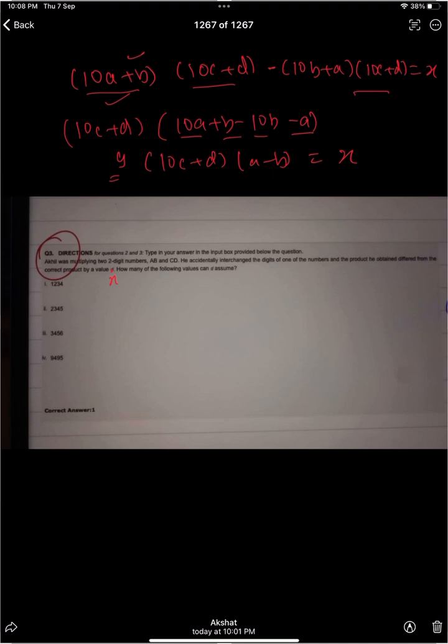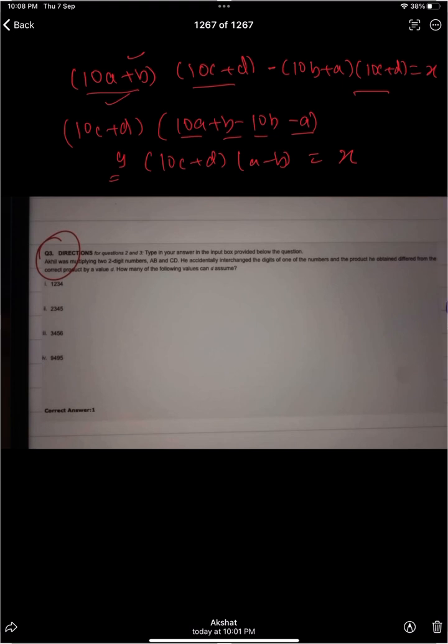We know for a multiple of 9, the sum of digits should be 9, so we'll check. First is 1234: 4, 3, 7, 7, 2, 9, 1, 10, so this is wrong. Now if you take 2345: 5, 4, 9, 9, 3, 12, 2, 14, this is also wrong. Now if you take 5499: 5, 4, 9, 9, 3, 12, 12, 6, 18, this can be. And 4999: 9, 9, 9, 27, so this also can be. So these two options can be, but we aren't sure, so we'll keep them on hold and go for further processes.